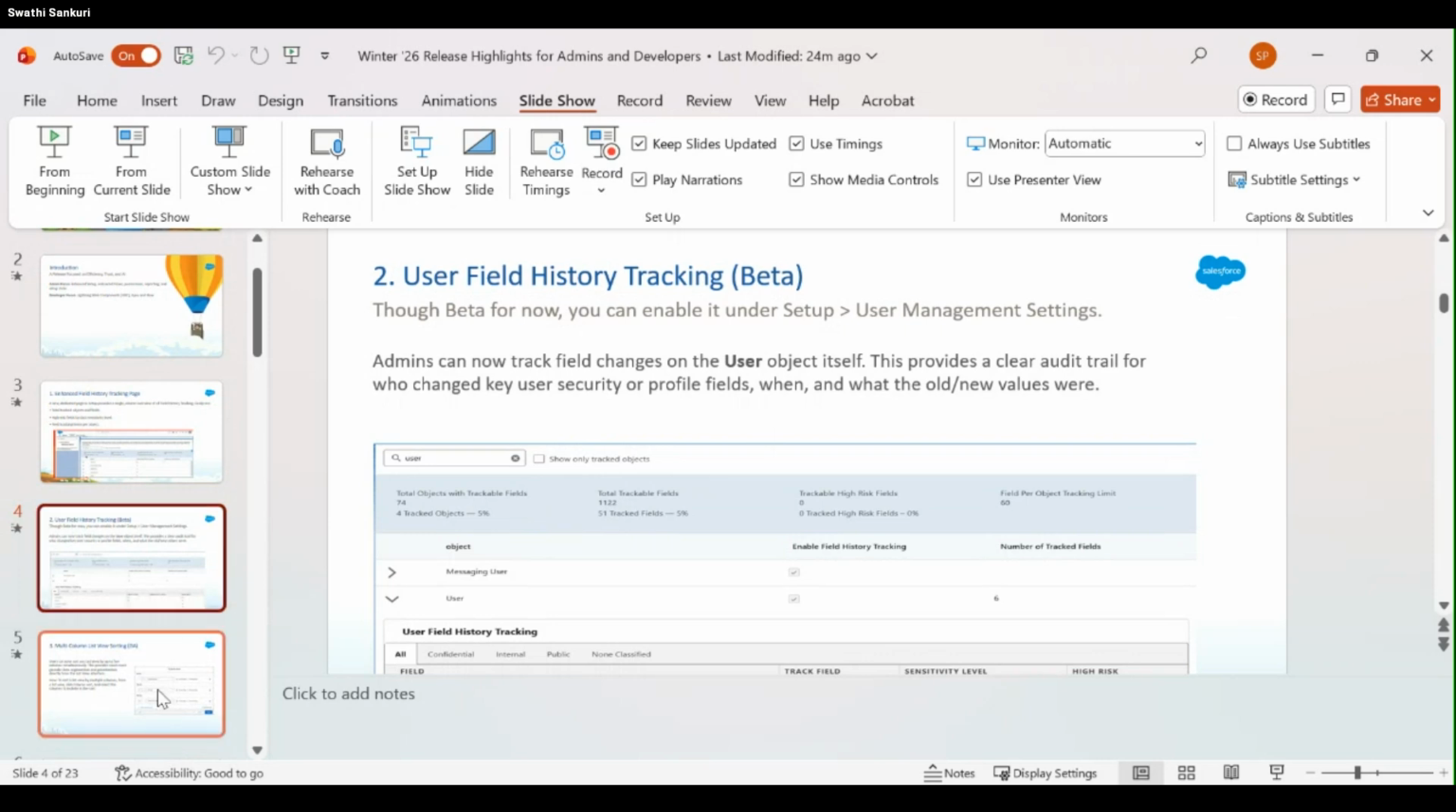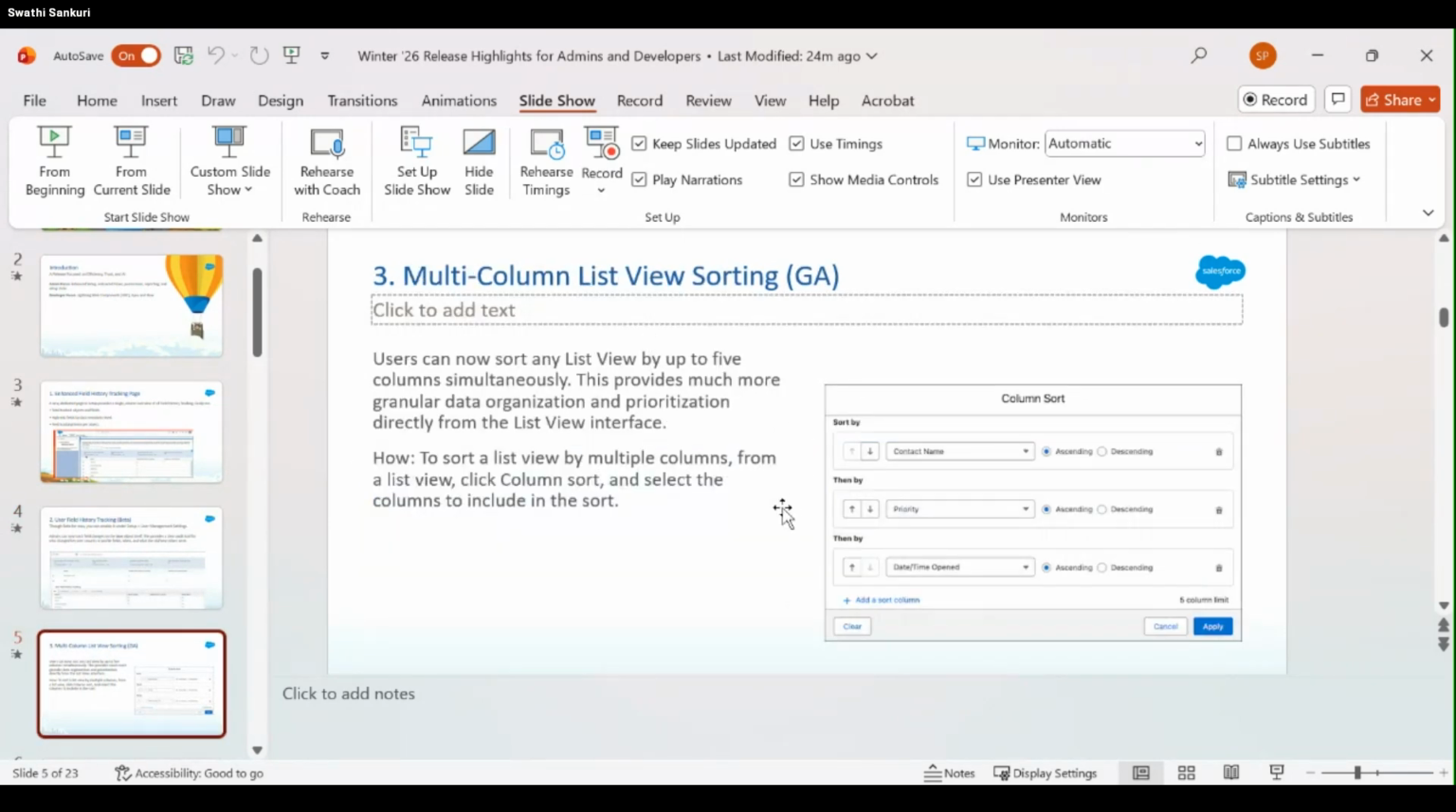Right? So moving on, we have this multi-column list view sorting. I think this was released in the earlier releases as well, but this one is now generally available with the Winter 26 release. So this one is a multi-column list view sorting feature that dynamically improves